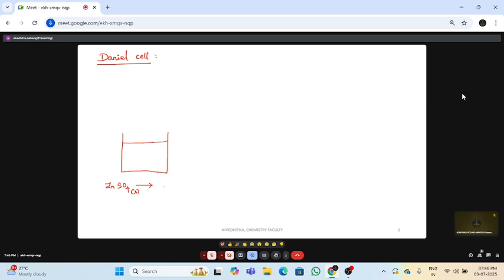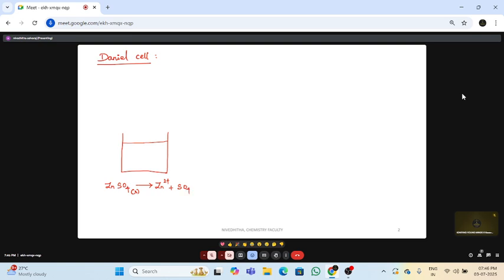How will this zinc sulfate salt get dissociated in water? It will split up into Zn2+ and